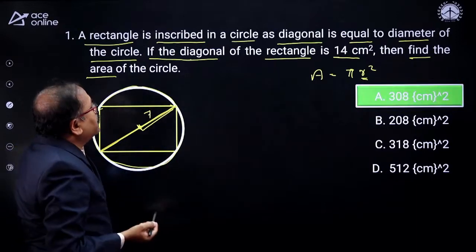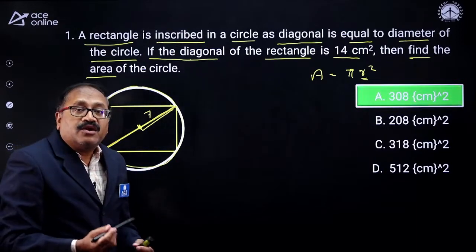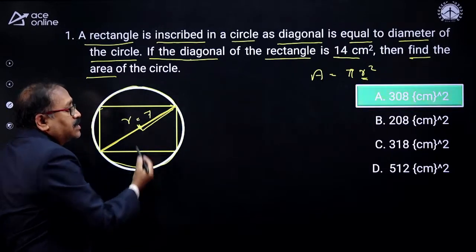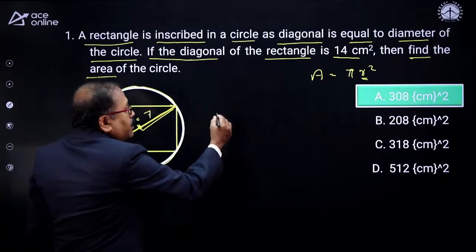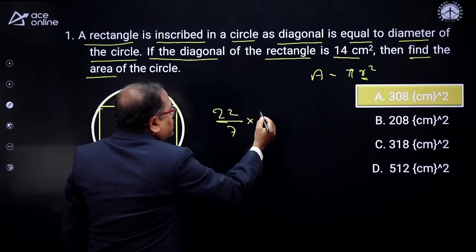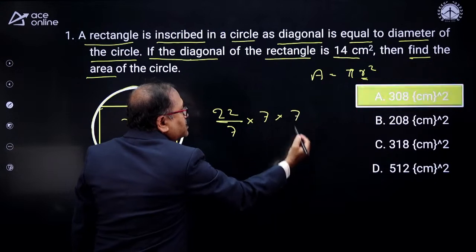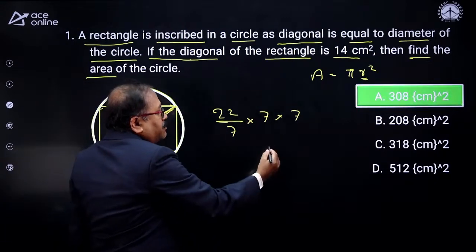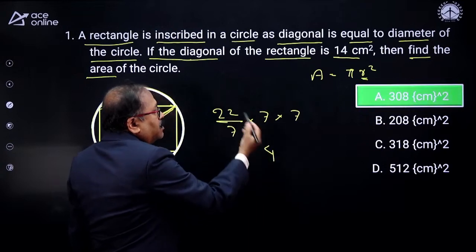You are asked to find the area of the circle. So pi r square, that is 22 by 7 into r square, which is 7 into 7, Mr. Ram. Then the 7 gets cancelled. 7 2s are 14, carry 1, and 7 to